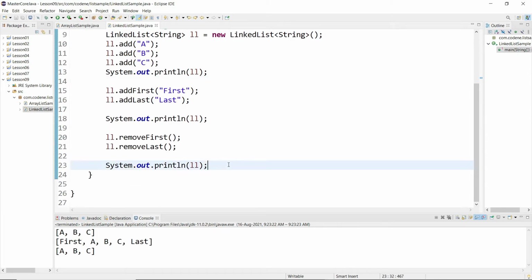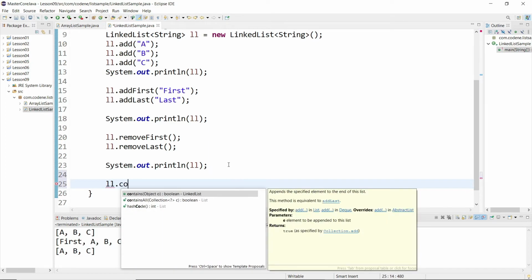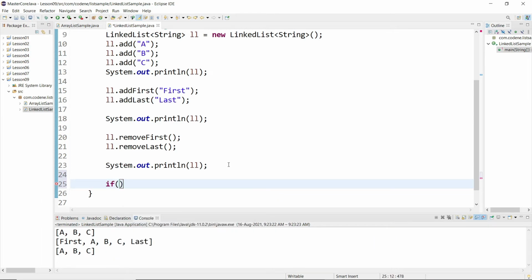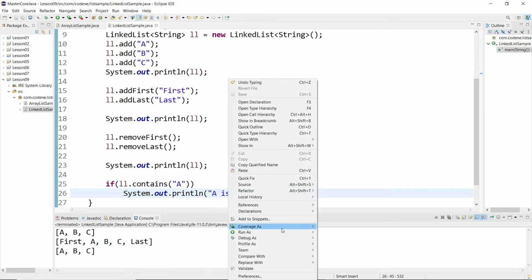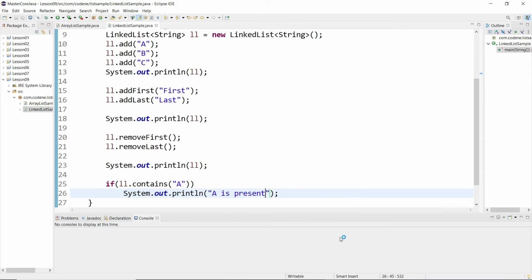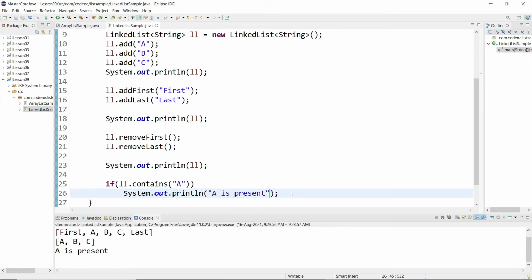Some more examples are common to both array list and linked list. Let's say you want to check whether some object is present or not, like a, then you want to print a is present. So this is one example of contains.